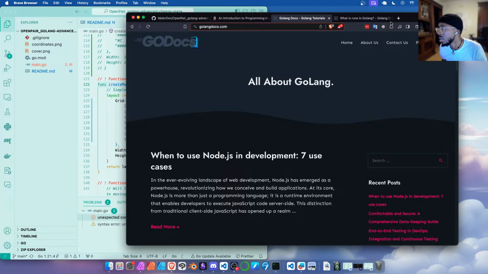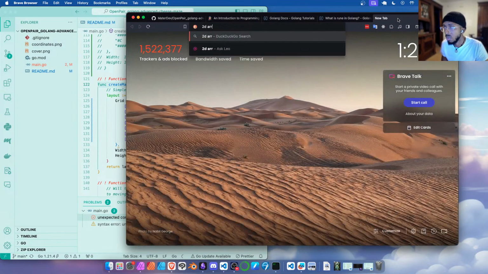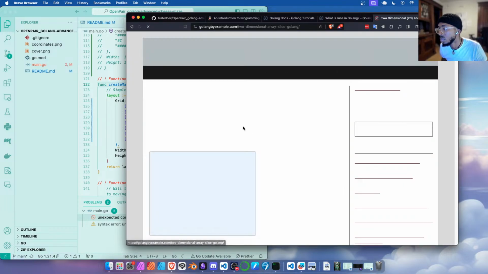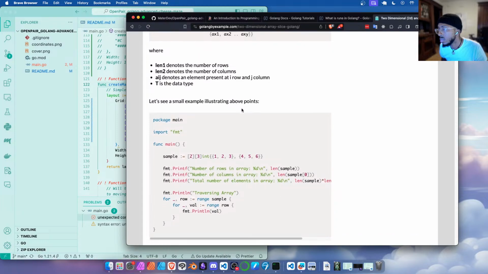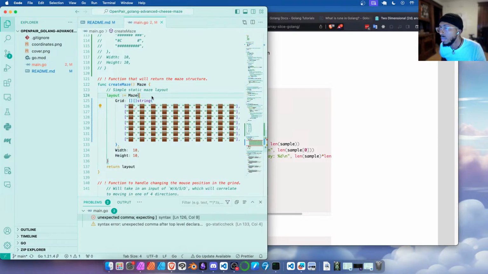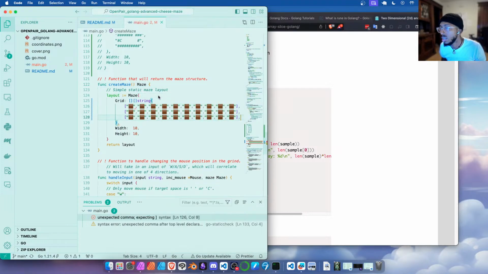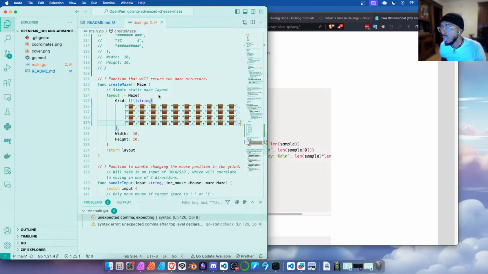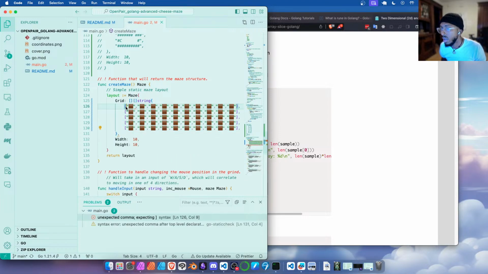And I'm wondering too, let's just look up 2D array in GoLang. Oh, they need to be inside of curly braces. Yeah, that's right. Okay. Here, I don't have to delete these. I could just refactor